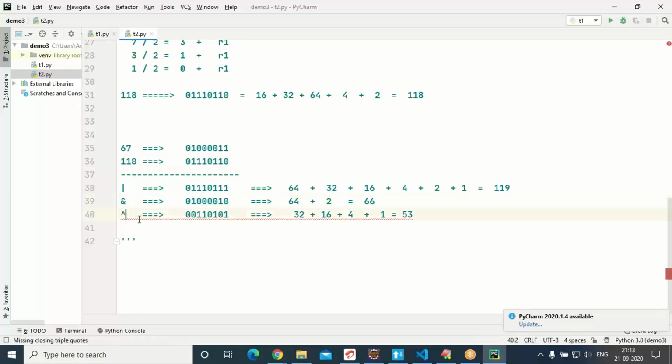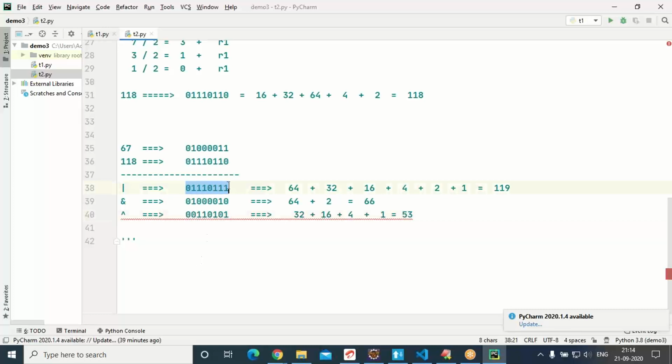Then the XOR operator, it results in opposite values. First column, same values, 0. Second column also same values, 1, 1, so you'll get 0. 0, 1, you'll get 1. 0, 1, you'll get 1. 0, 1, you'll get 1. 0, 0 will be 0. 0, 1 is a 1. 1, 1 is 0. 1, 0 is 1. Opposite values bring 1 in case of XOR.